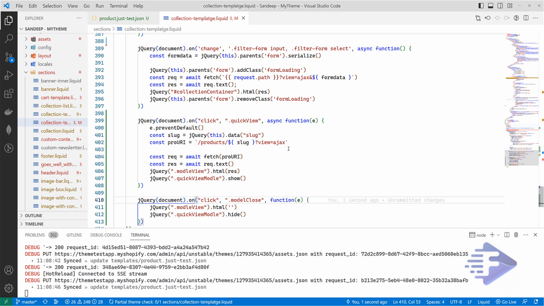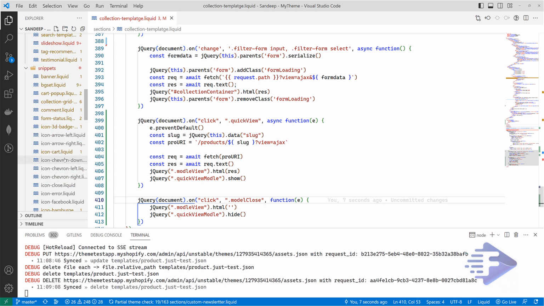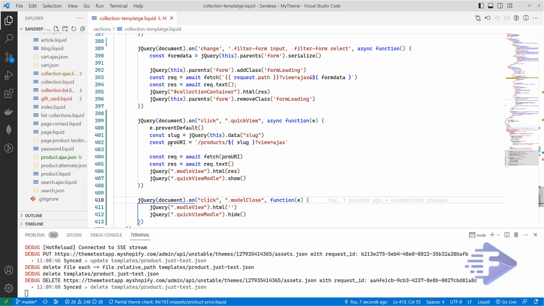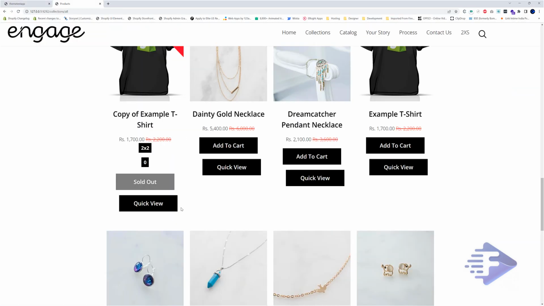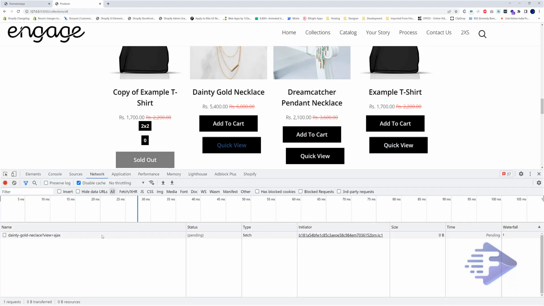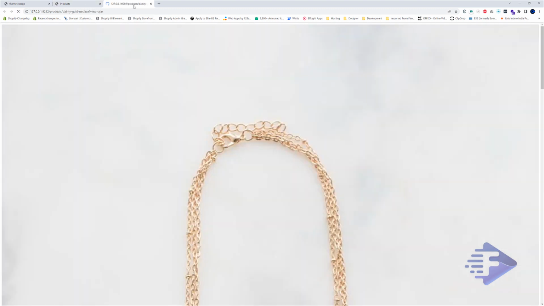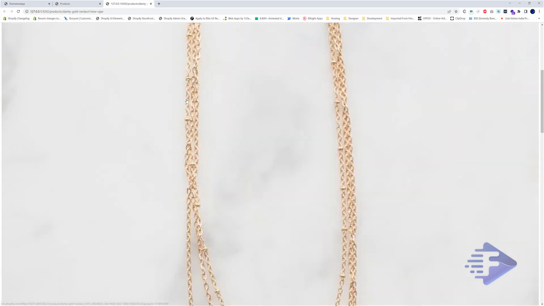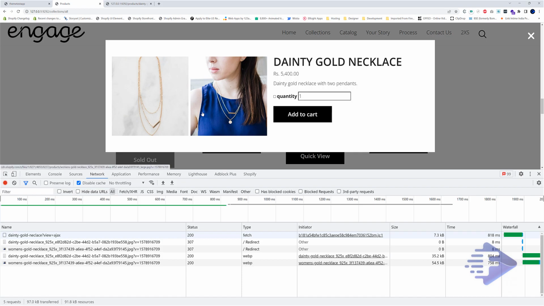Let me remove this one. And so everything is in this URL, just like I showed you. Just a second, let me open a new tab. So whatever is in this view, I want to show over here.